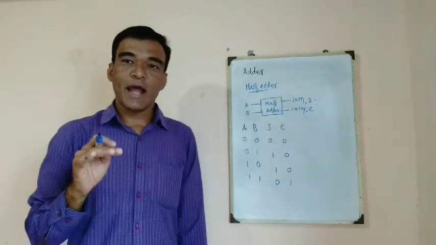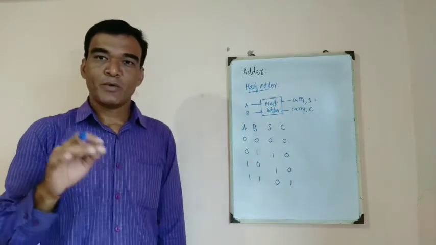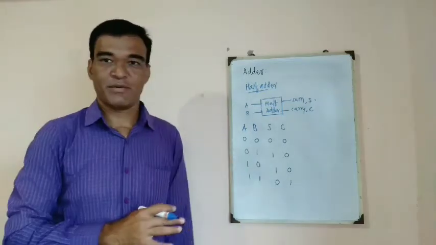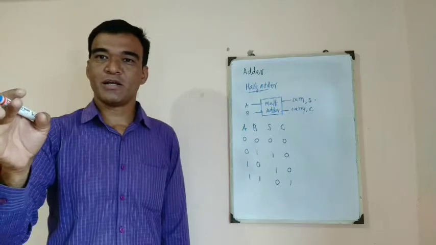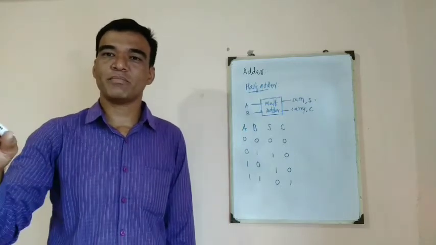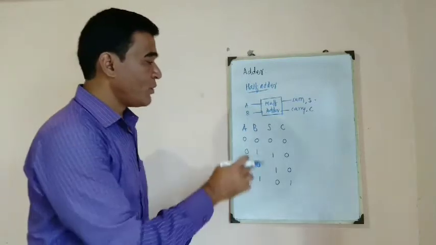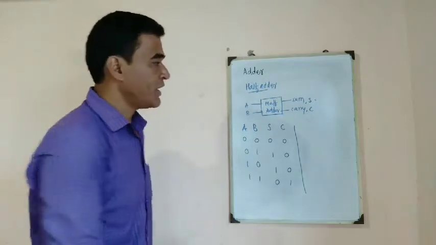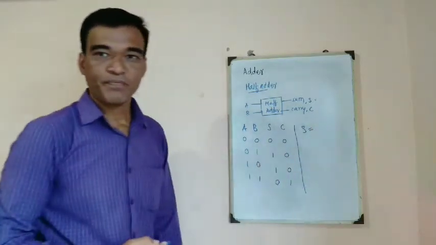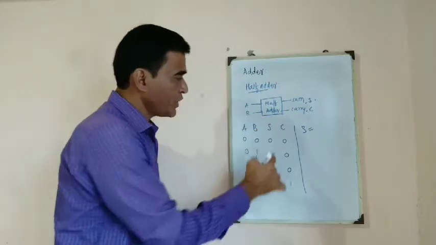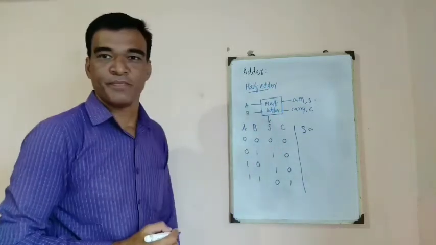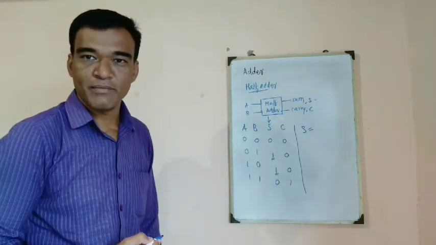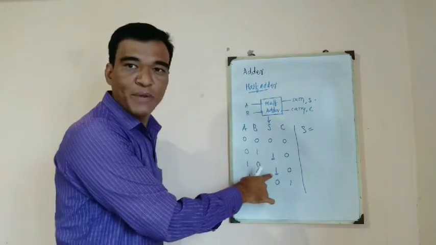As I have discussed earlier, to implement any digital circuit, I need the Boolean expression. Now we have the truth table. Truth table, Boolean expression, digital circuit, all represent the same thing. Right. Now I need to first write the Boolean expression from this truth table. How to write it? Let us first write the expression for sum. To write the expression for sum, you need to consider the column of sum and identify where there are outputs with value 1. So we have two outputs with value 1.